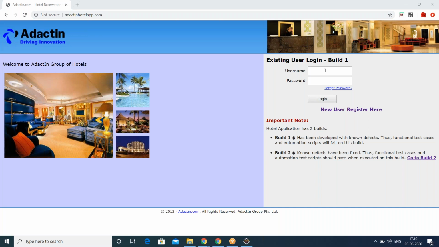Then you have to apply the concept on your project, the same manual project you did. The same application we are going to automate with the help of Selenium.